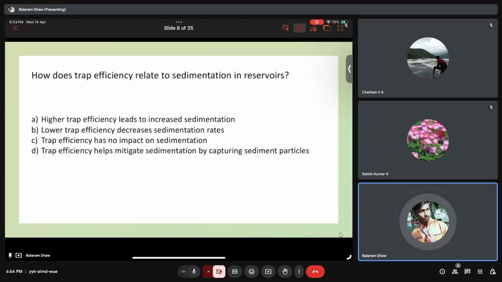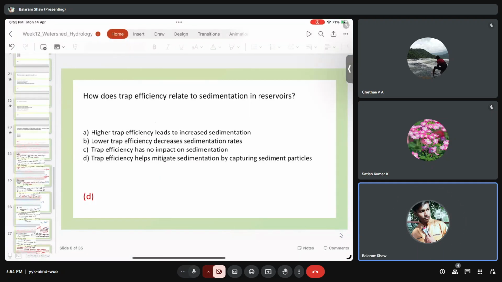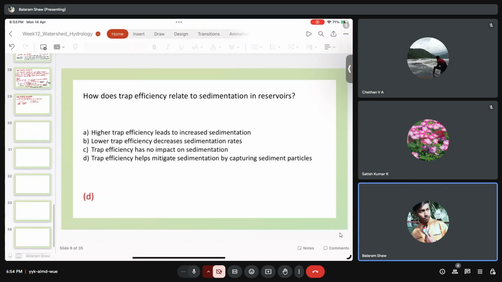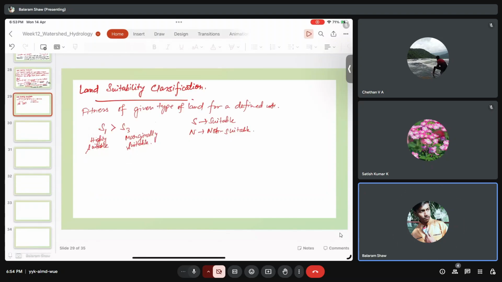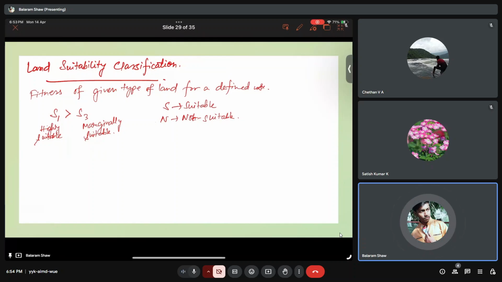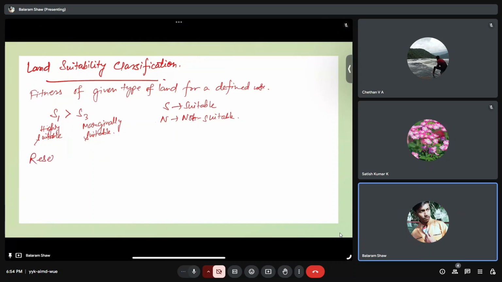Next question is, how does the trap efficiency? Okay, so before that we'll see the reservoir sedimentation first. Then we'll come back here. Okay, so next is the reservoir